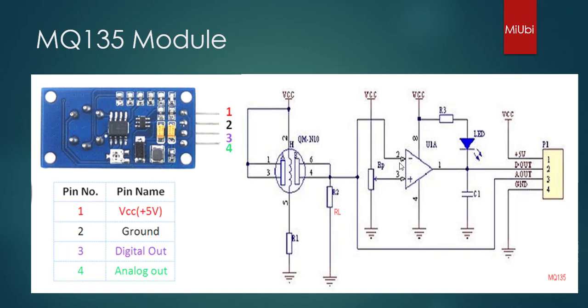There are two ways to use this module. You can straight away connect this digital output and see whether there is any alarm or not, but this requires a particular calibration. You have to see what your threshold is and then decide what to do. There is another technique where you use the analog output, convert it into digital, see what is coming, and based on that you can take a decision. This can also be done. So in this module we'll try to see an analog output example.